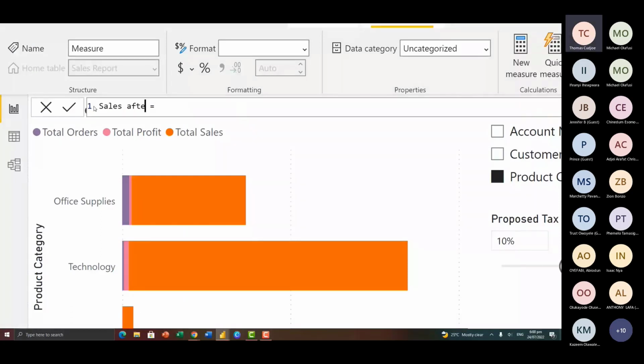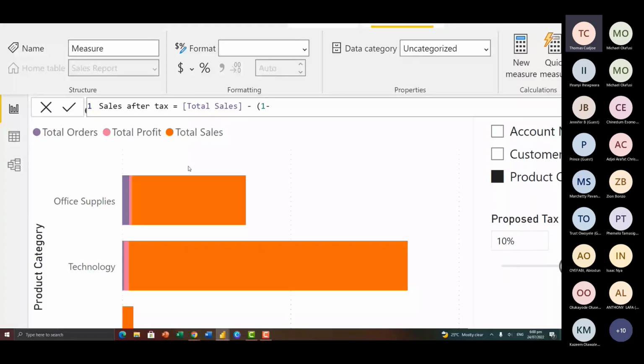Here, we can just pick our total sales measure and then deduct the tax payable measure. Or we can create everything from scratch. Let's assume that we don't have the tax payable, so we want to create everything at once. Then we have to pick our total sales measure, and then we are going to deduct 1 minus the tax we are going to apply.